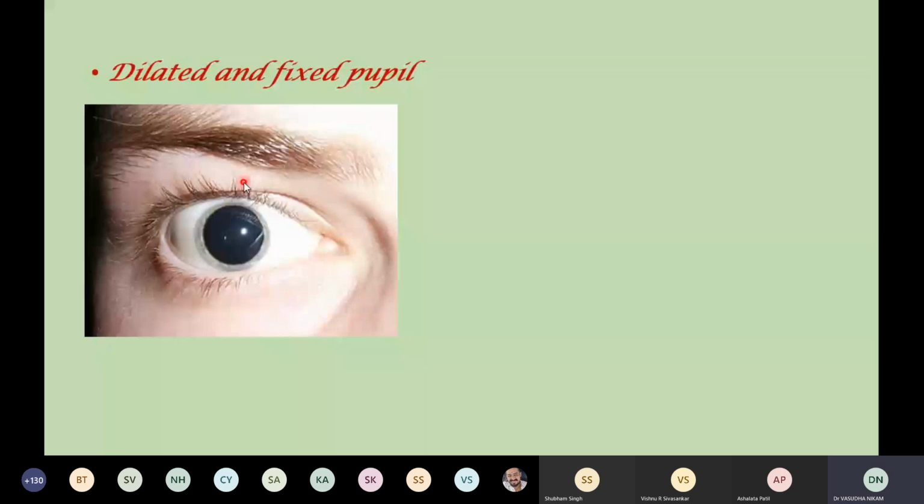So here paralysis of the sphincter pupillae occurs and dilator pupillae becomes dominant, and you can see here such a dilated pupil. So remember, this is because of the unopposed action of the dilator pupillae. Next symptom is the loss of accommodation reflex. What do you mean by accommodation? It is mainly accommodation of the lens with the help of ciliaris muscle for near vision. I couldn't get a good picture here, but remember, there is always loss of accommodation in the compression of the oculomotor nerve.